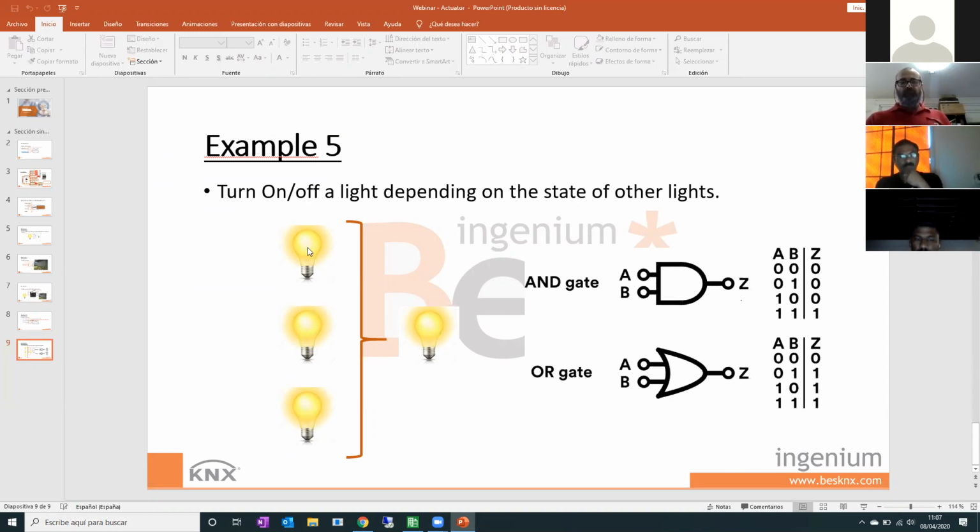So at the time we have one of the lights on, we want to turn on the other light. That's how an OR gate works. In an OR gate, if there is a 1 in one of the inputs, in the input A, B, C, you can have many inputs,